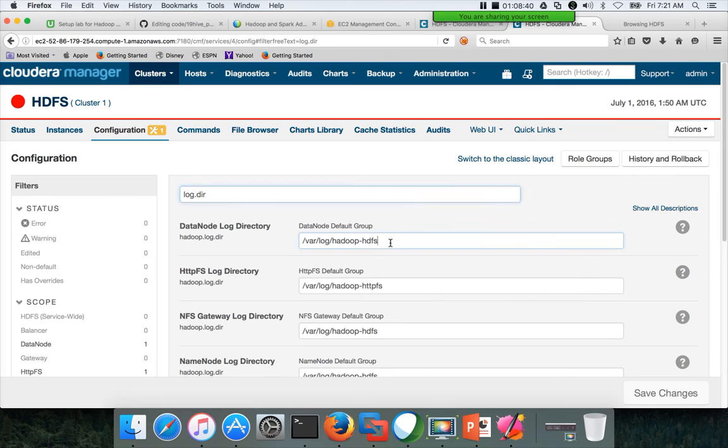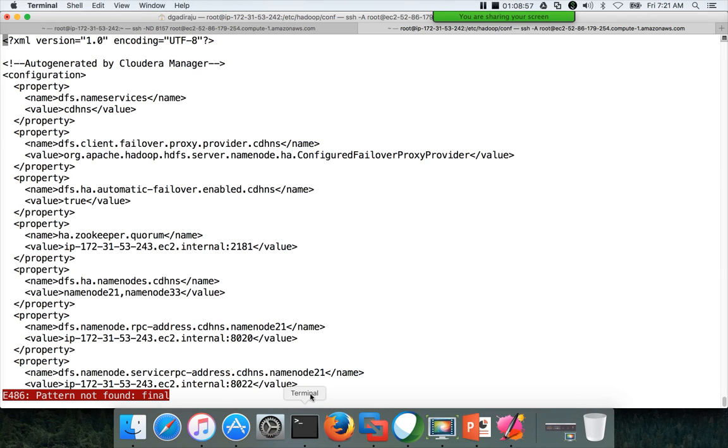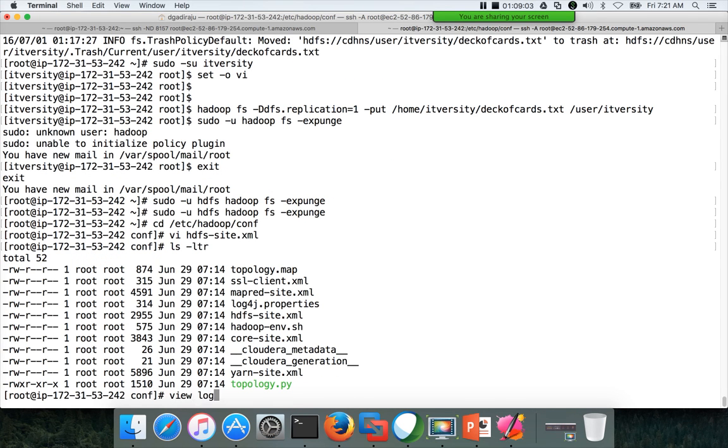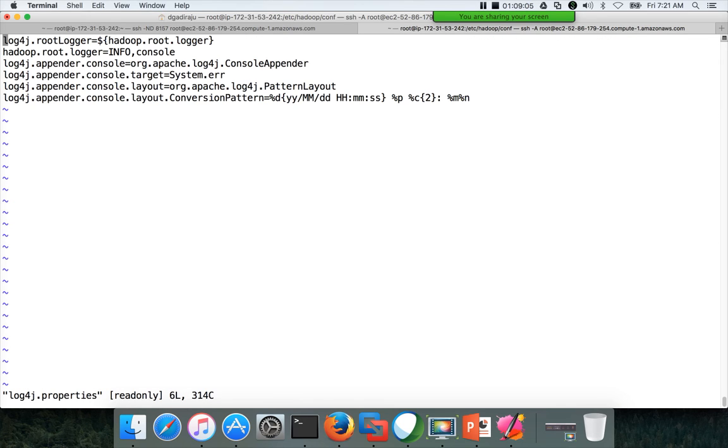So this is the location for Hadoop logs, where log Hadoop HDFS, and this directory will be there on each of the node in the cluster. Okay, and this parameter Hadoop log.dir is neither from core-site.xml file or hdfs-site.xml file. It is actually from log4j.properties. If you go to the log4j.properties,